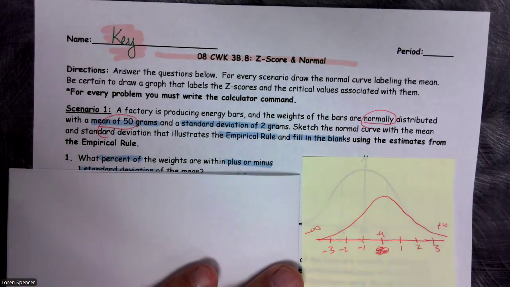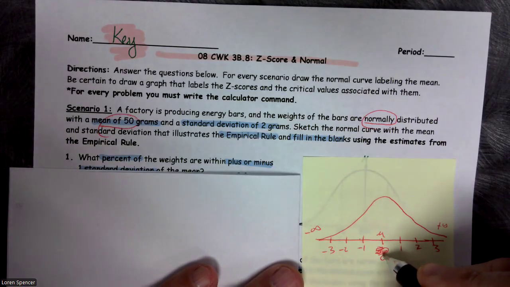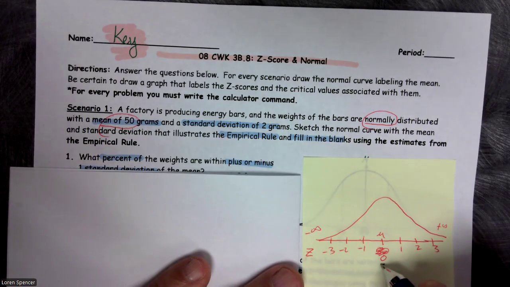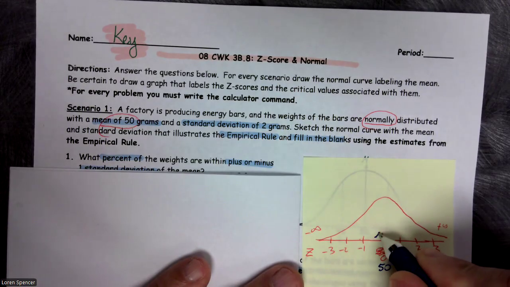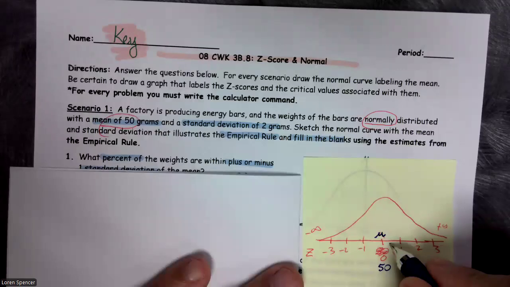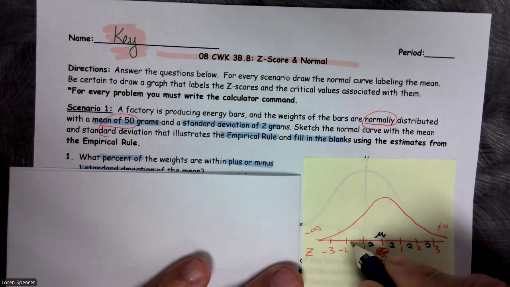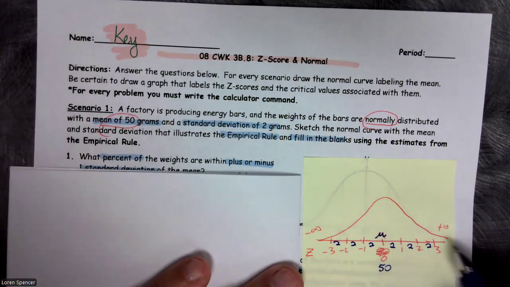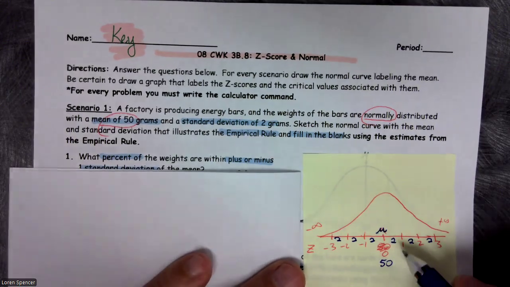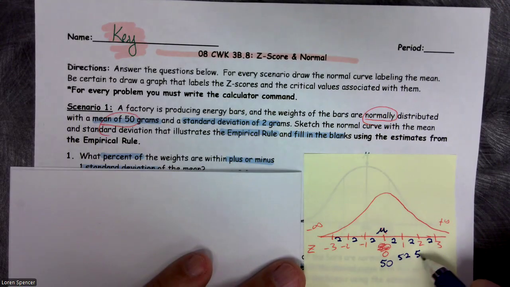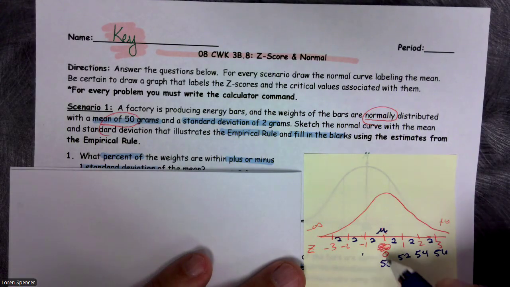So I'm going to scratch this out and write 0 because all these are the z-scores. All the z-scores are in red. But then we have the actual mean of 50, and each standard deviation changes this by 2. Basically all these spacings are the same, and this is a number line. So the first one here is 52, then 54, then 56, and subtracting 2, we have 48,